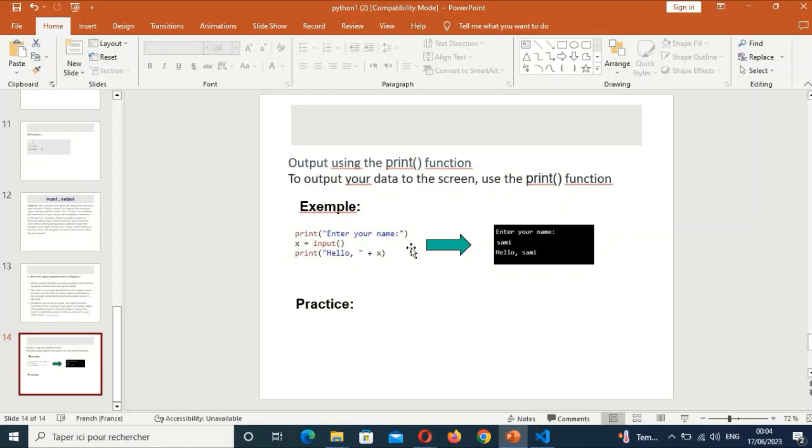Enter your name. That is display enter your name. X equal input. It is a variable which contains the value of input. For example, Sammy. Print hello plus x. X it means the value of the variable x that is an input. For example, hello